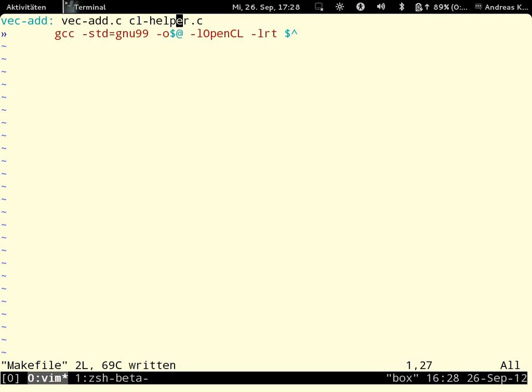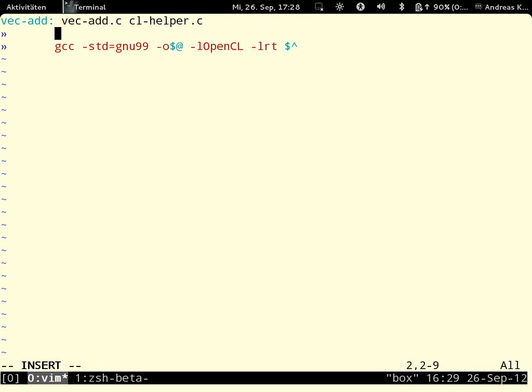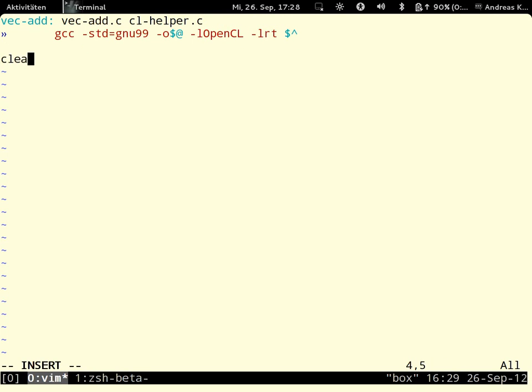And so the key bit of information is that there's a header file. Why is that potentially bad? A header file for the CL helper.c. Right. If the header file gets changed, then this won't cause make to rebuild it unless I would tell it, okay, CL helper dot h is also a dependency. But that gets sort of cumbersome, and eventually you'll screw up and just want to blow everything away and start from scratch. So a conventional way of doing that is to have a rule